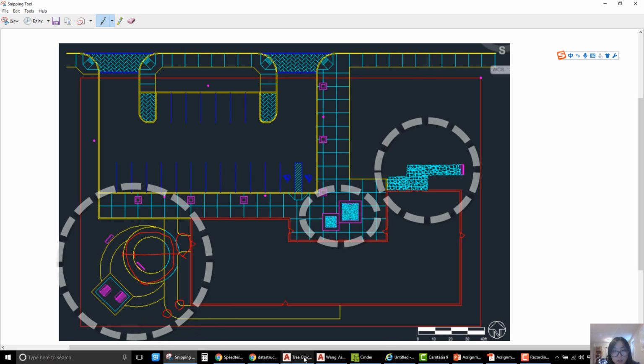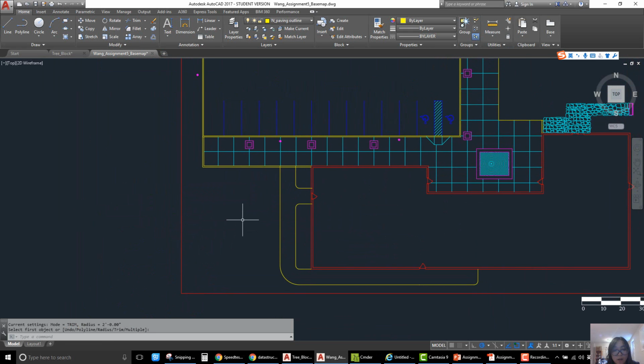So go back. I will ignore the location for now and move it later. So the diameter must be 30 feet, and I will offset by 6 feet. Okay,